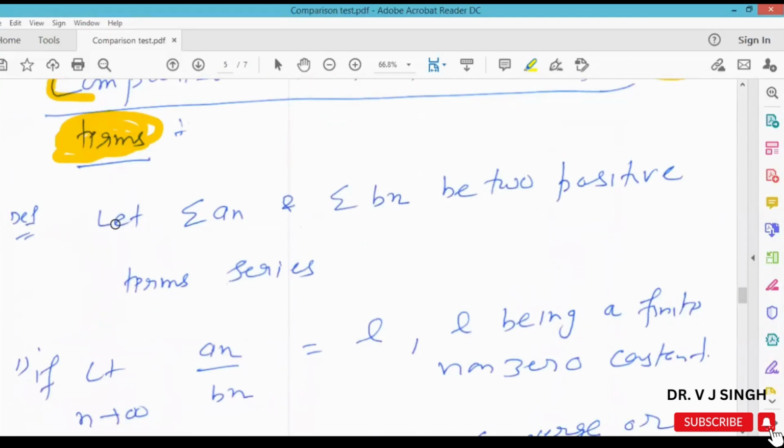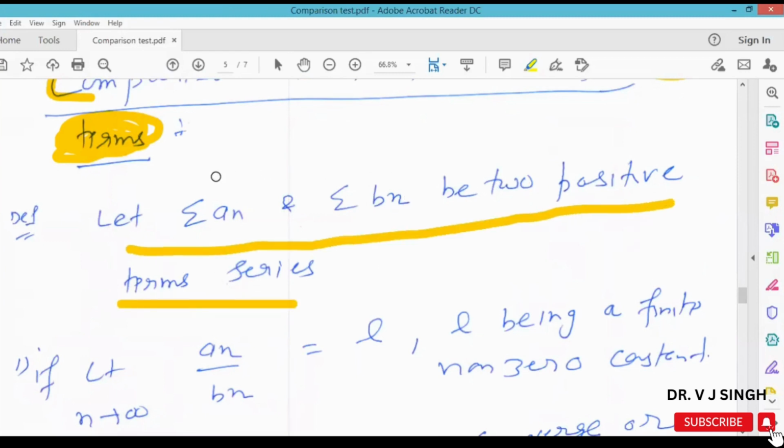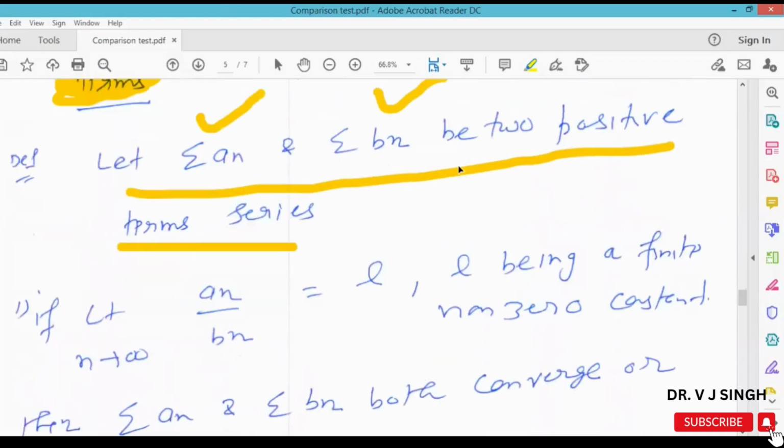Suppose the comparison test is applied on two series. Let summation an and summation bn, with n from 1 to infinity, be two positive term series. So there are two series given. You divide an by bn and take the limit